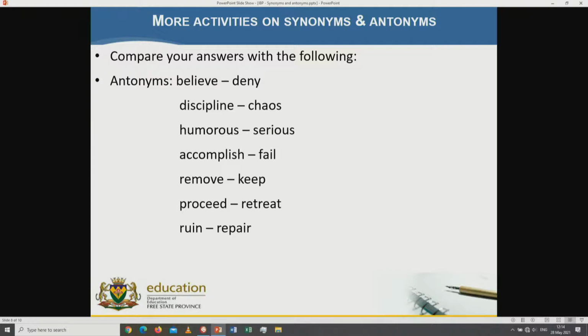Now we have discipline. The last one here, we have discipline or chaos. Oh, this one is repeating itself. Can you see here we have discipline here, the second word? And then lastly, I still have discipline. That is repeating itself. Now my grade 7s and the rest of the intermediate phase learners, these are the antonyms